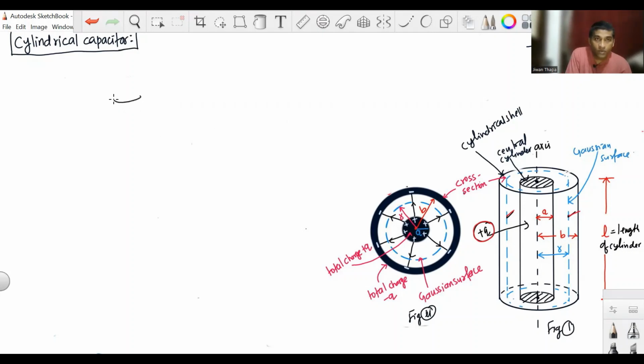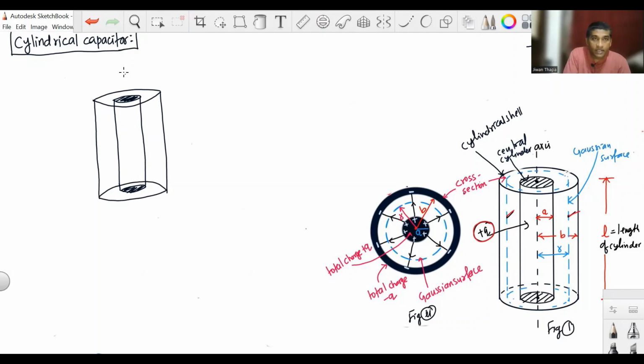So I'm drawing over here. So this is the central cylinder, and there is a concentric cylindrical cell. So we have this, and let us draw an axis. So I'm drawing an axis. So this is the central cylinder or wire, and this is the cylindrical cell,